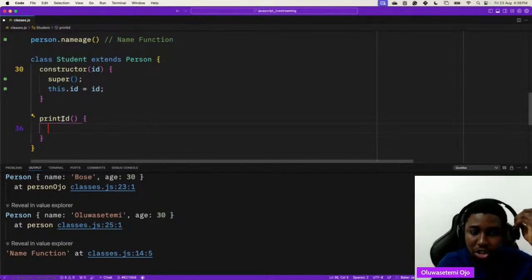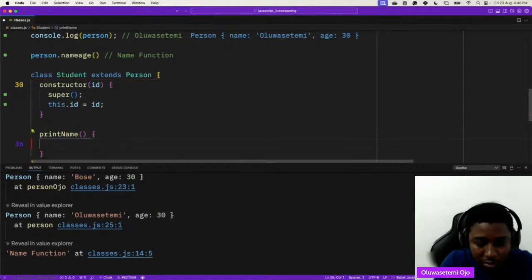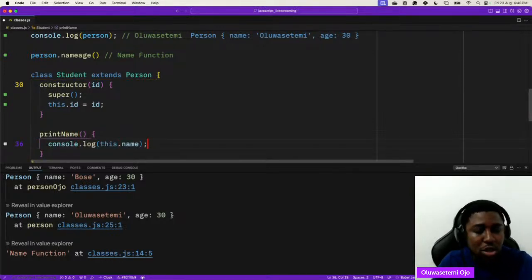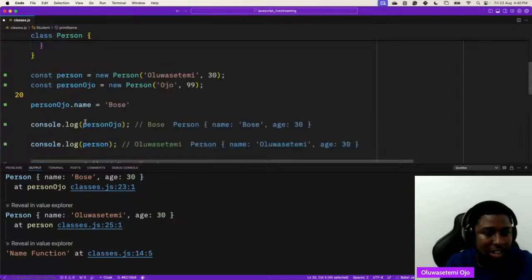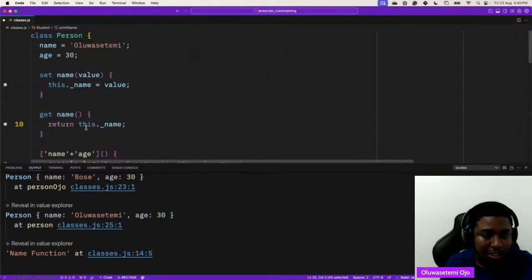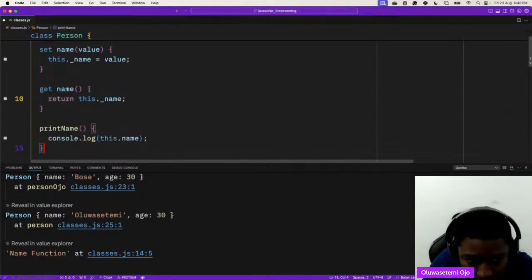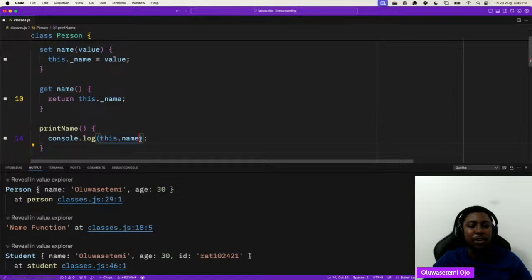Maybe we should call it print name, and we can say console.log this.name. So this print name is inside of the child, which is student, the child class. And here we can also give a print name. So if we want to refer to the print name that is the one for the parent,